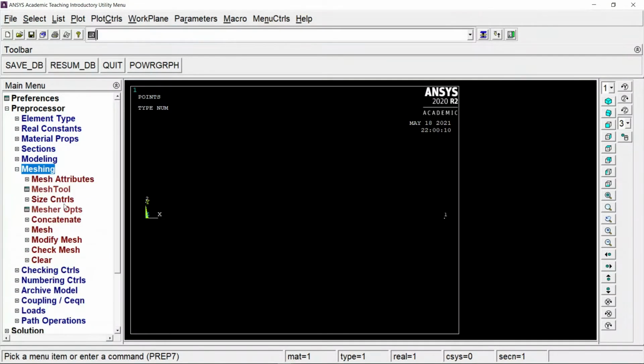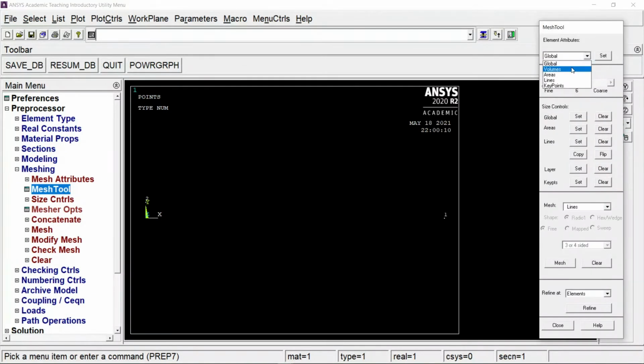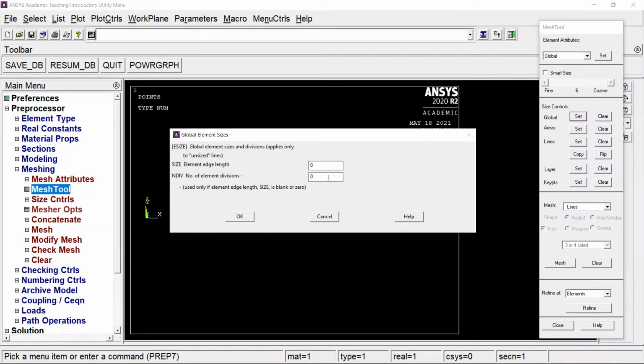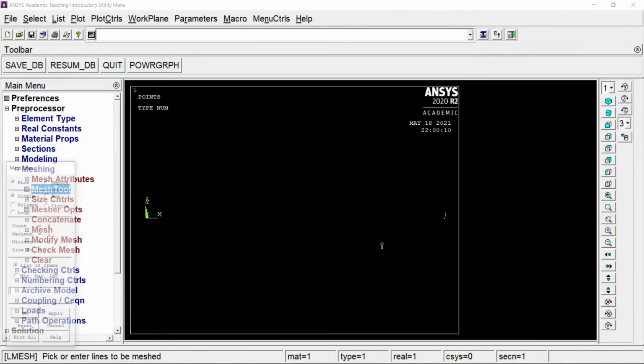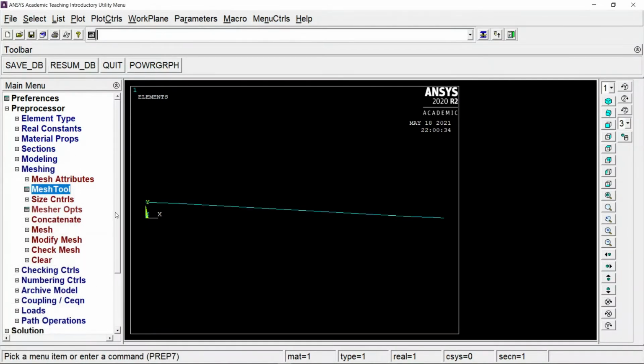Now let's mesh this. Let's keep the number of divisions as 20. We have completed the meshing.